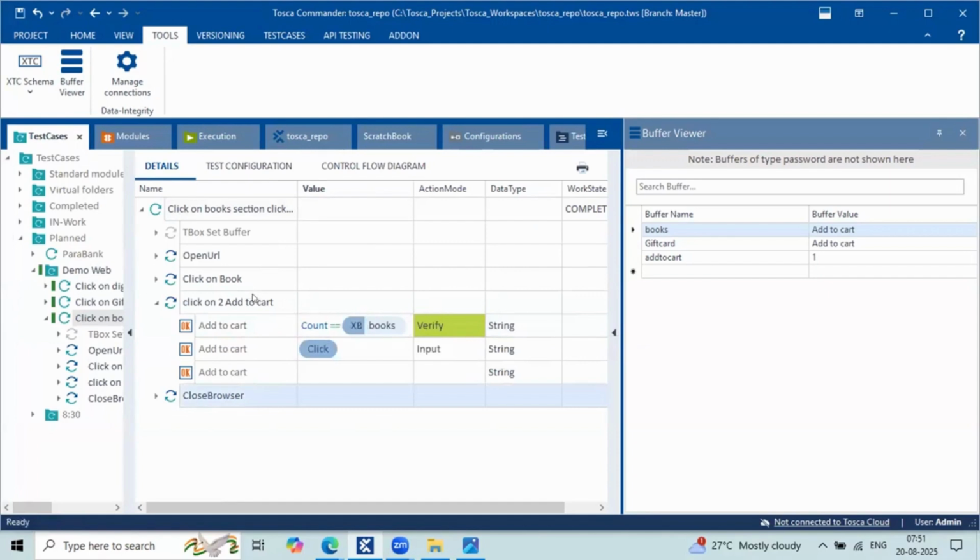Okay. So let me rerun. I just want to run only these 3 steps. I don't want to close the window.